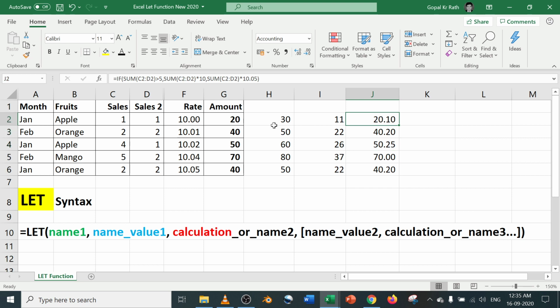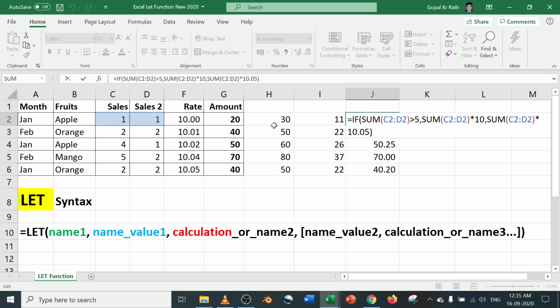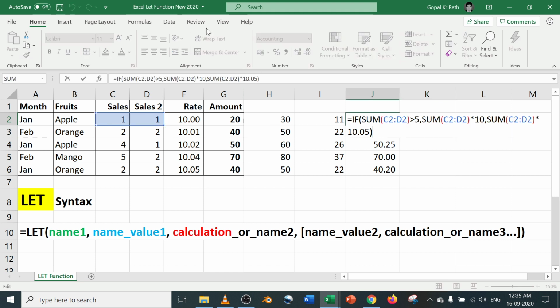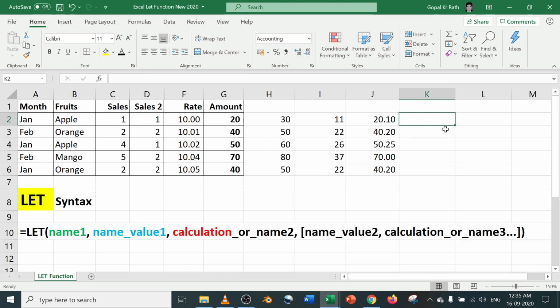Now this function looks a little big. You can have even bigger functions. I am just giving you a small IF function so that it will be easy for you. Now you can see here I have the sum 1 time, 2 times, 3 times, right? So now I'll assign some name to this and I'll make this formula small. Let's go here.